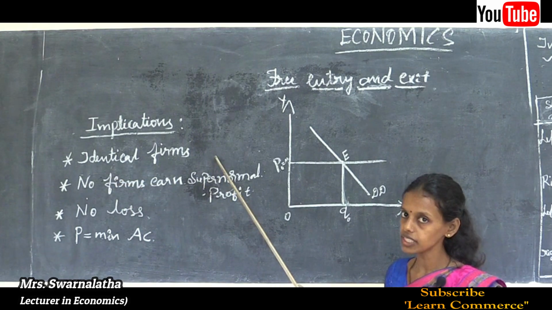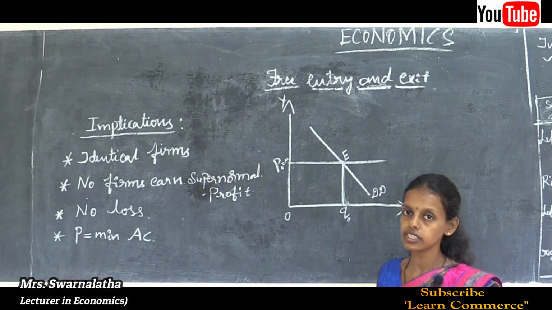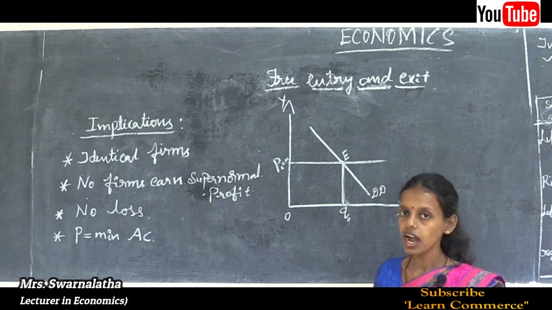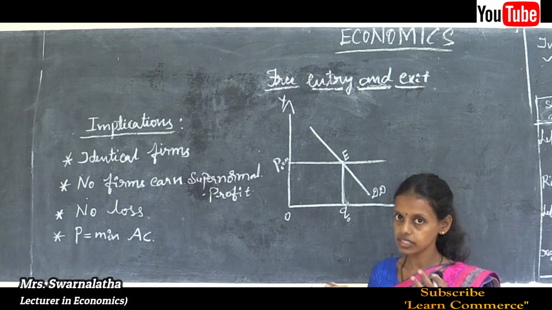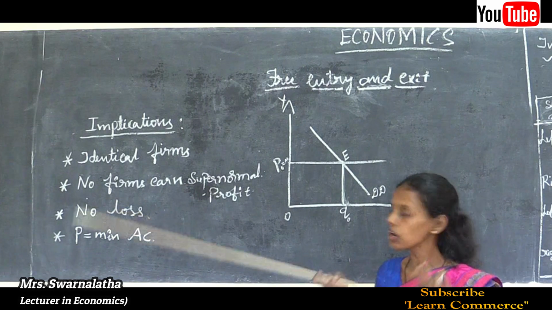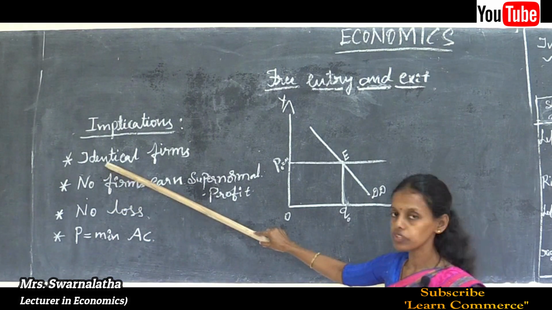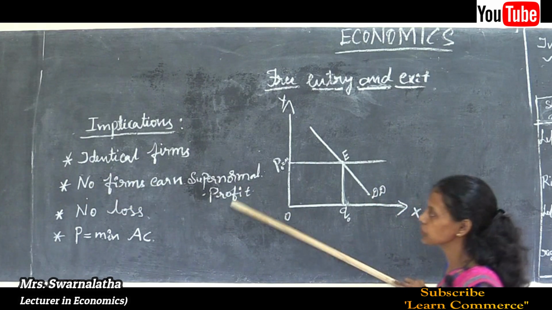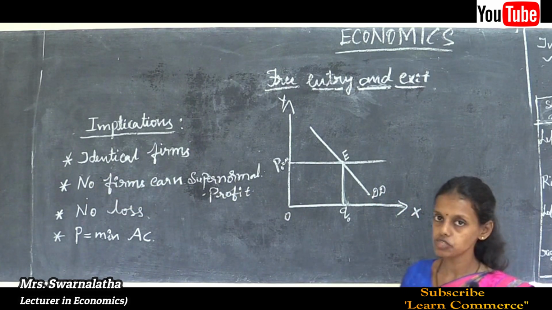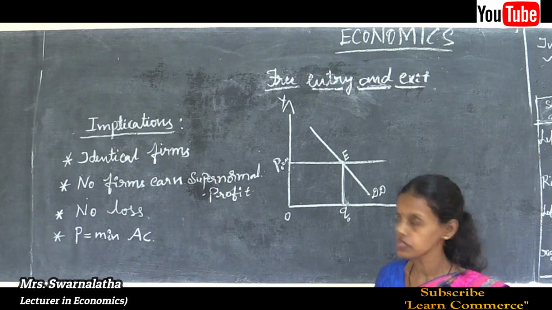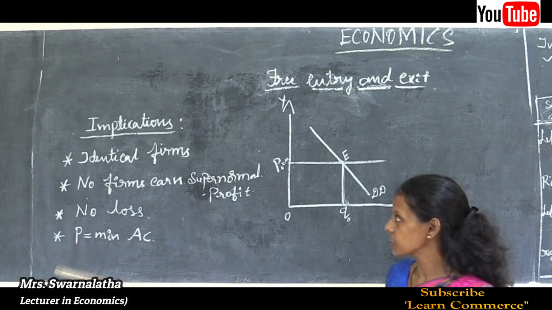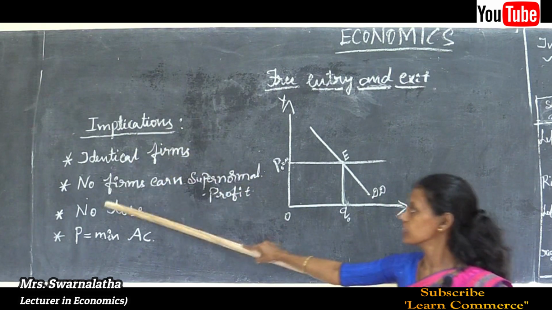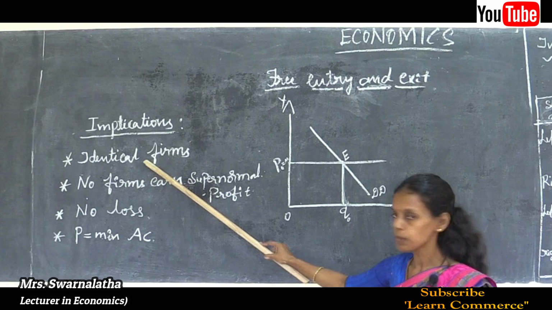We are assuming that all the firms are producing identical products, all the firms are investing the same amount of capital, and all the firms are incurring the same amount of loss or profit. They may get profit or incur losses, but no firm earns supernormal profit. The second main assumption of market equilibrium is that a fixed number of firms are there, producing identical products. They are identical firms, and there is no change in the price.